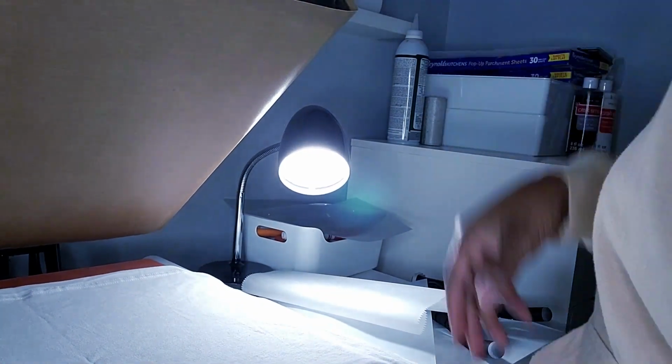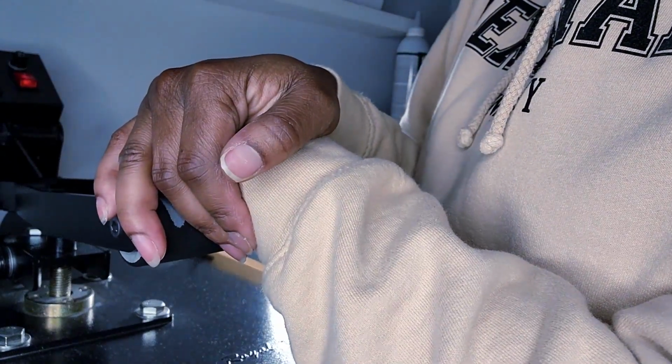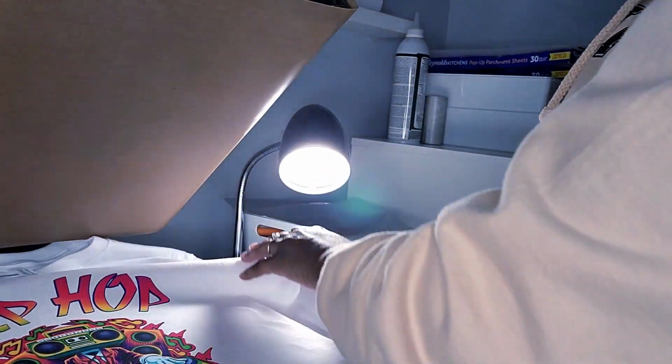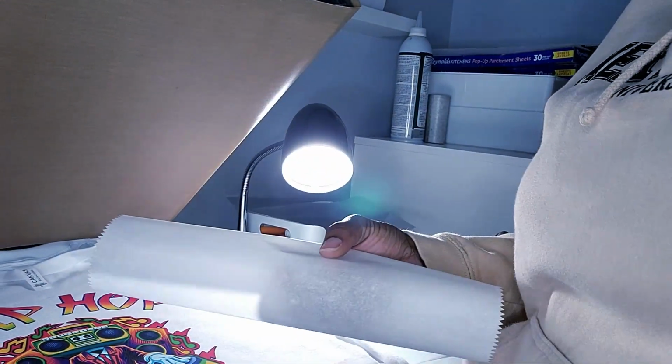So before I do that, let me press the bottom. I like to get a little bit more, get those wrinkles out of there. Just a little bit. And just to be on the safe side, I want to give it another press. Even though it's on there pretty good, just for my sanity, I just want to give it